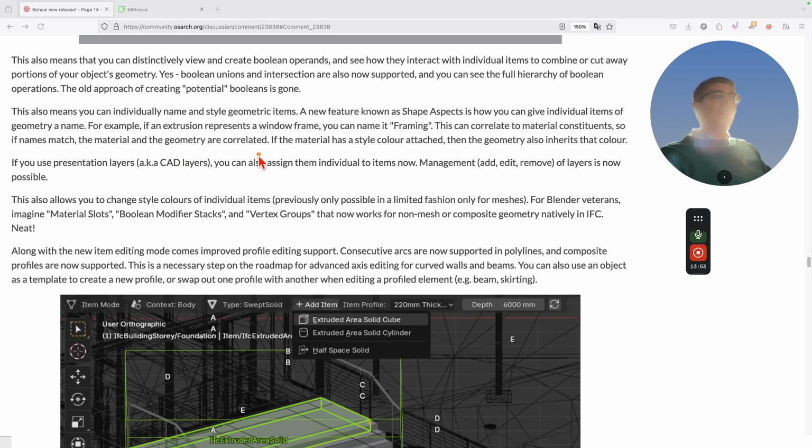If the material has a style color attached, then the geometry also inherits that color. If you use presentation layers like CAD layers, you can also assign them individually to items now. Management, add, edit, remove of layers is now possible. This also allows you to change style colors of the individual items, previously only possible in a limited fashion